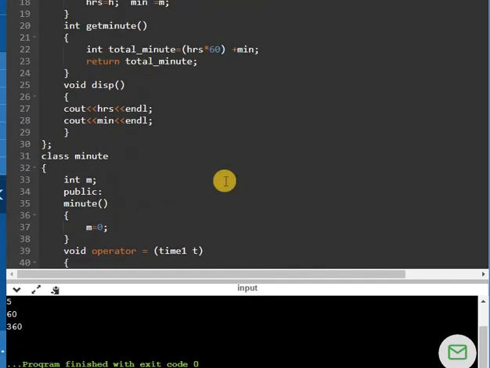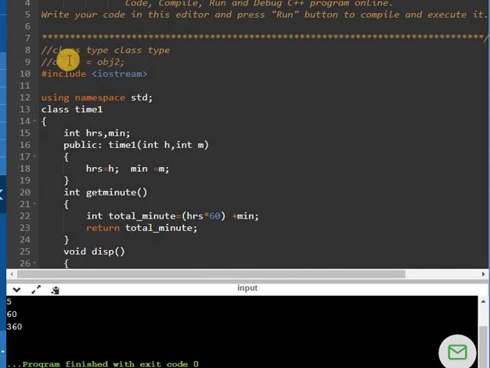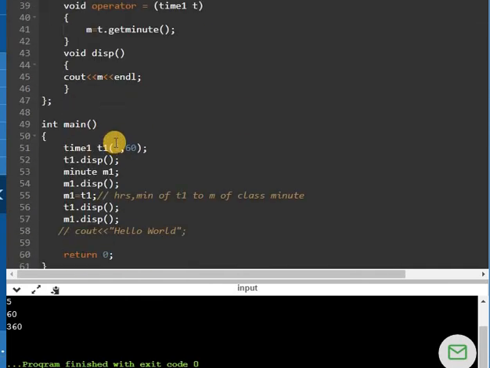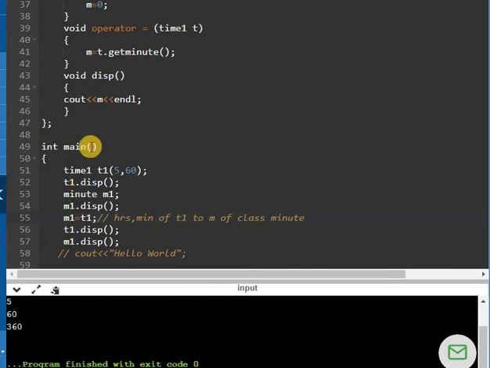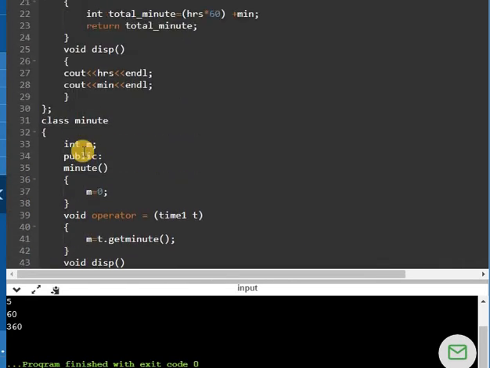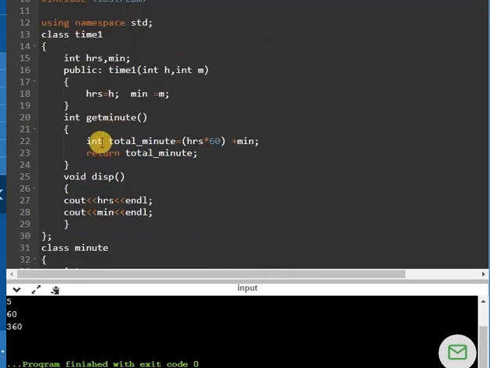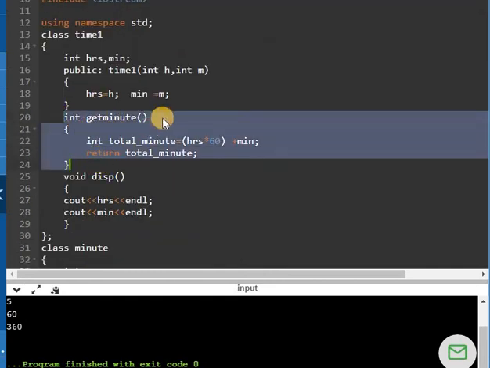Okay, so what we have done here, this is the destination object and this is the source object. So in destination object we had to, sorry, not in destination, in source class or source object we had to write the conversion function here.